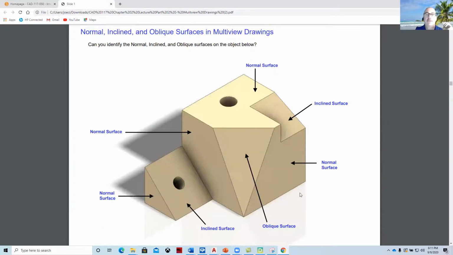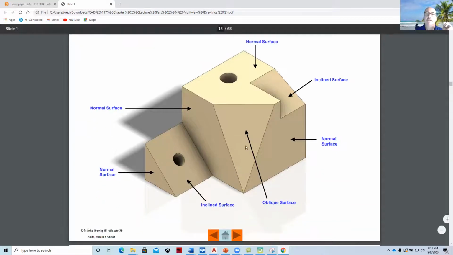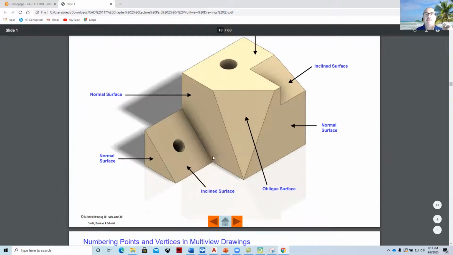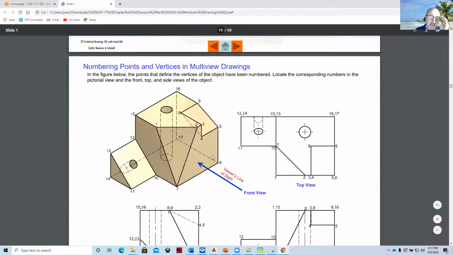And so here's some more terminology. The oblique would be inclined in more than one view. And then the old school way to do this was you would go through and you would number each of the corners, 1, 2, 3, 4, 5,